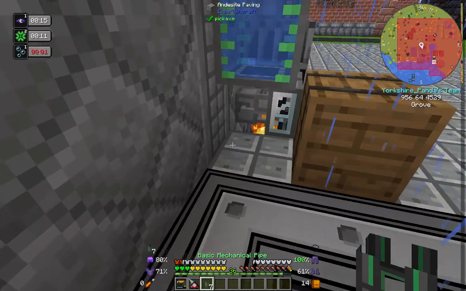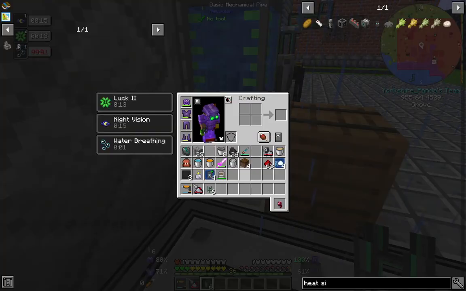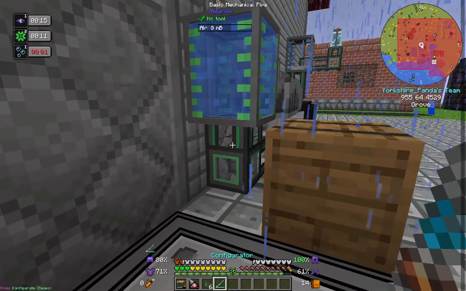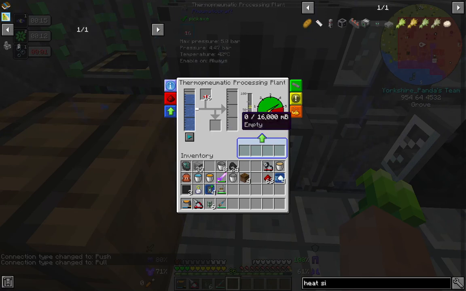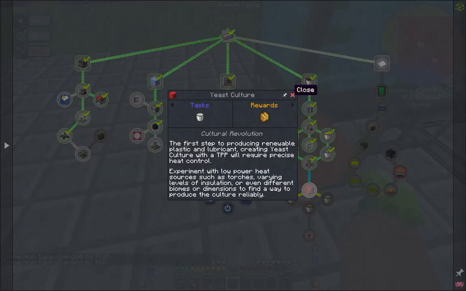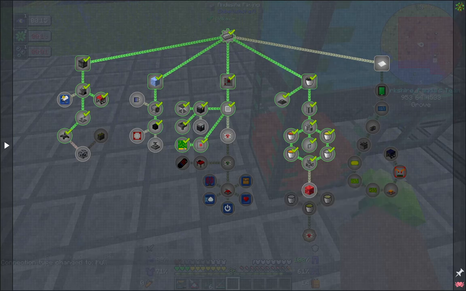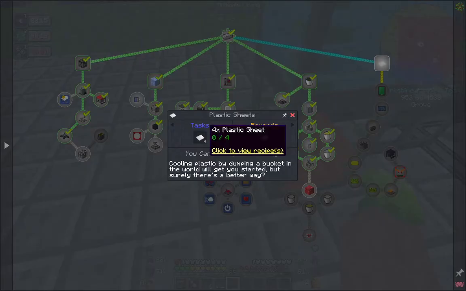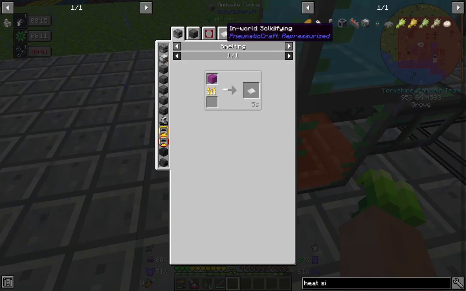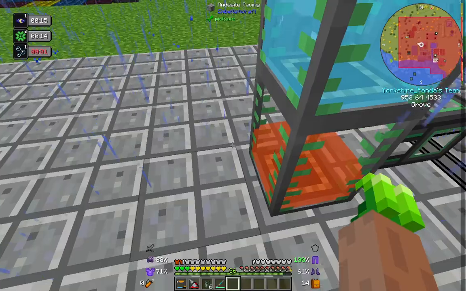Get our pipe and our configurator. So this should be pumping out yeast culture on this side. So I'll let that do its thing. What the yeast culture will let us do, build a few more things like ethanol and that, but, oh, that's doing its thing. Plastic. Now, to make plastic, you get,